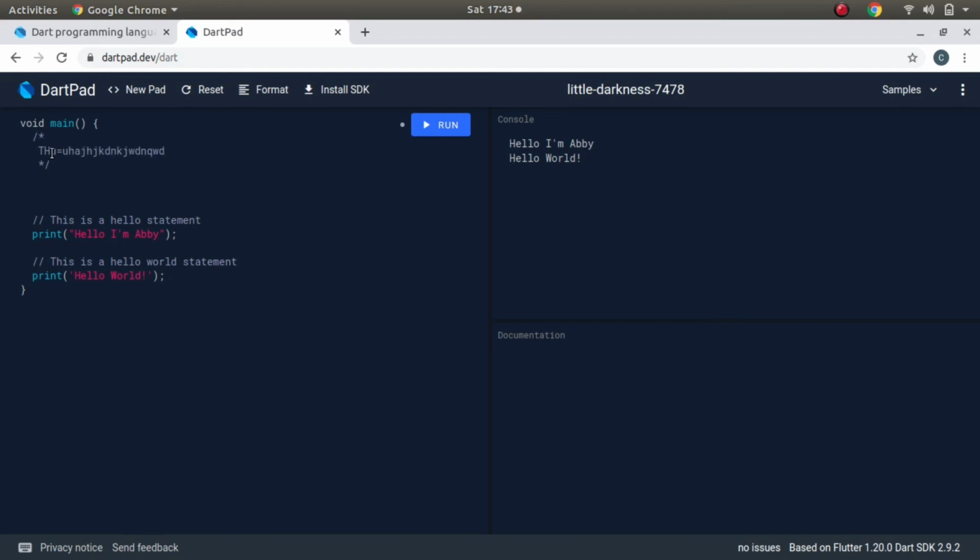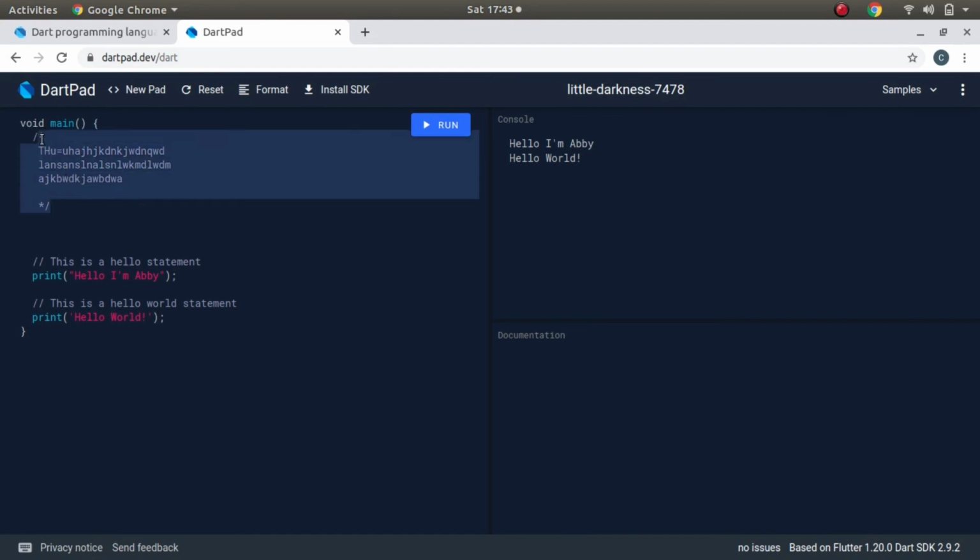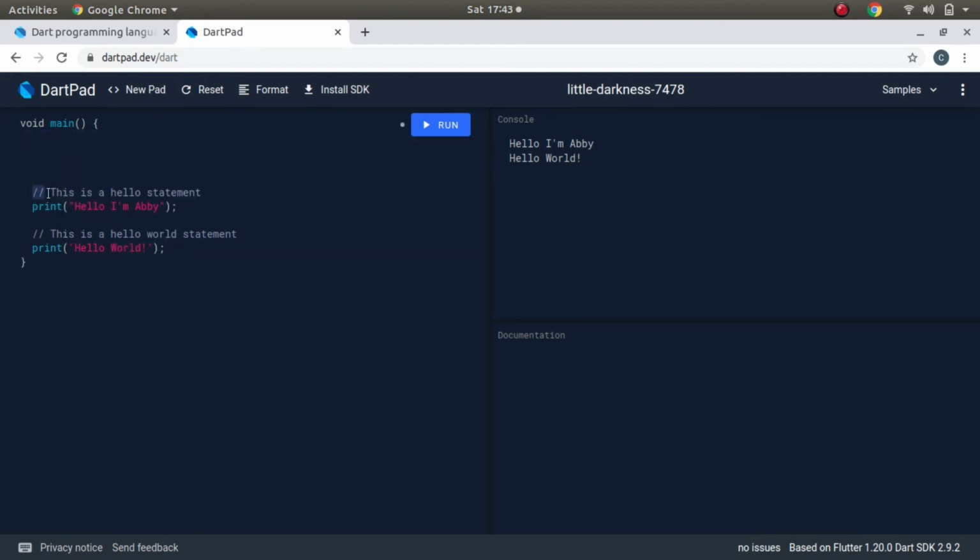Let's say this is my first line comment, and then I press enter, and then second line. All these lines from this /* to this */ are ignored by the compiler. It will not read this as code, it will simply ignore it. So these are multiple line comments, and to write a single line comment you just have to write //. That's it for this video.